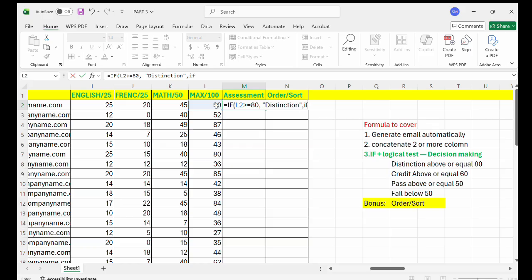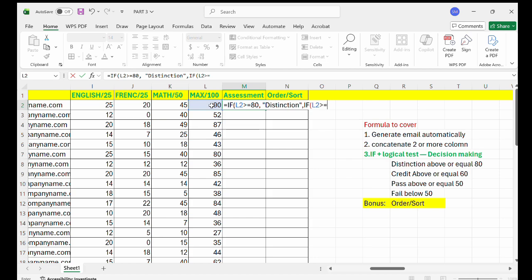IF, as I said before, it will be one or more formula. So IF, F2, you come here, F2 is L2